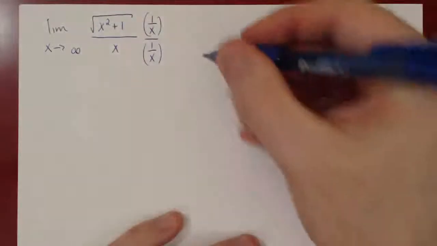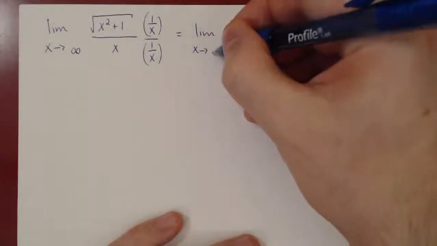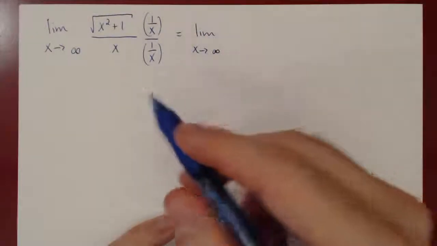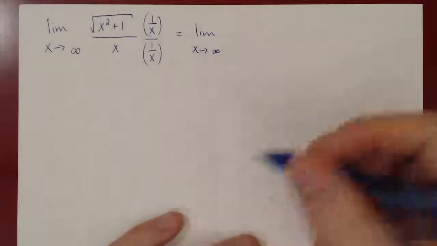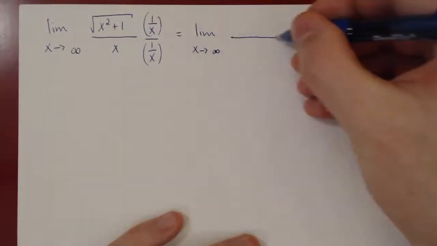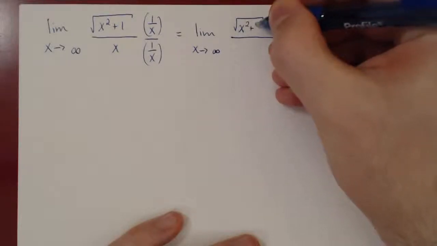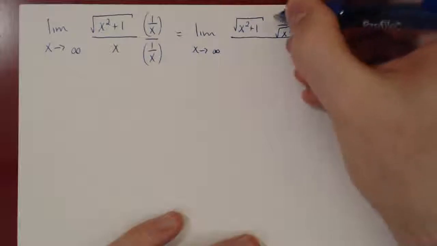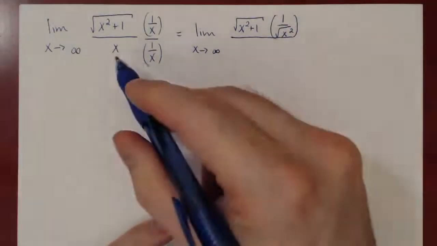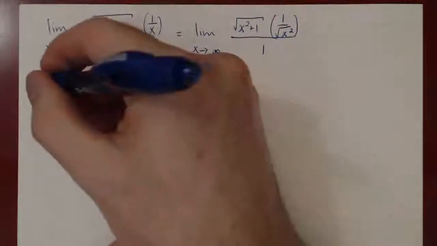If you hope to get rid of the square root here, you'll have to replace x by the root of x squared. Since x approaches positive infinity, x is positive, and so 1 over x is the same as 1 over the root of x squared. And if you multiply x by 1 over x, all you get is 1. So in the end, you're left with the limit,